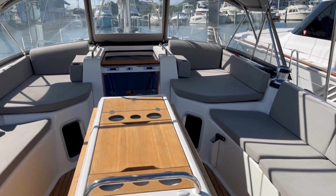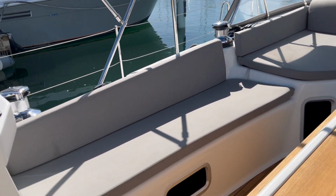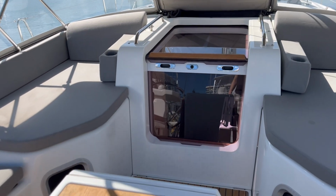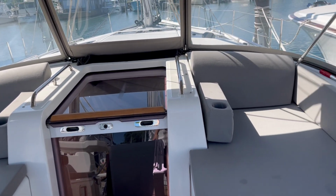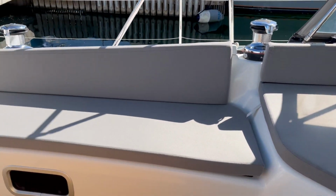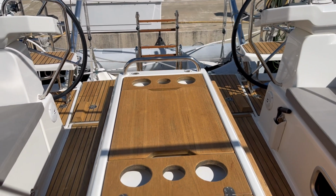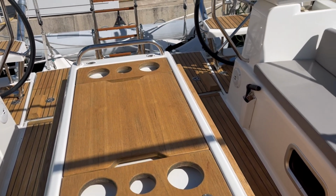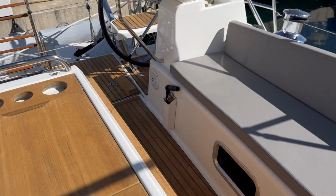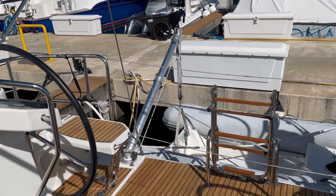Standing in the cockpit, you can see exactly how wide and spacious the sitting area is, with custom lounger cushions. And in the mid-table is stored the life raft, as well as a drop-in refrigerator to keep your drinks frosty. Dual helms,